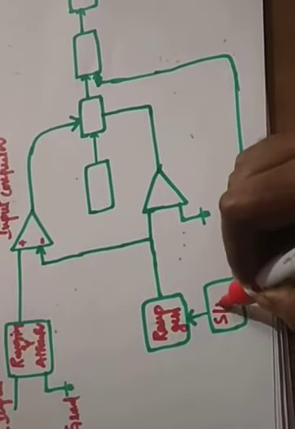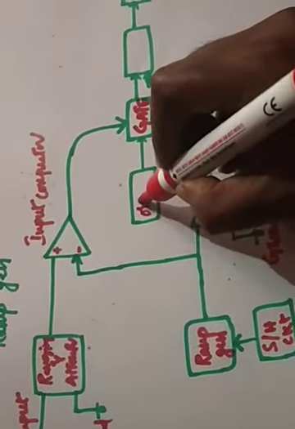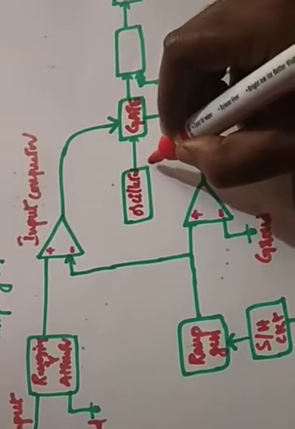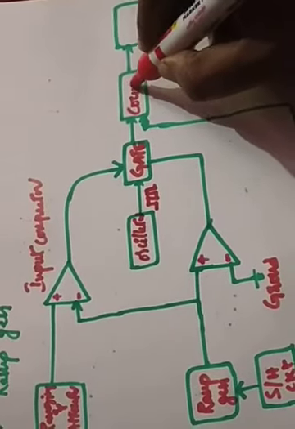This is sample and hold circuit. I'll explain why we are using this type of sample and hold circuit. So this is minus, so we can call it a ground. So this is called gate. So this is called oscillator. Right? It will generate the clock pulses. Right? So this is a counter. Right? So this is a display, digital display. So if it is a 3-bit, there will be a 3-bit display. So binary digital.